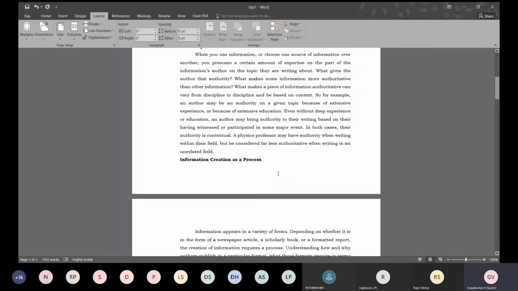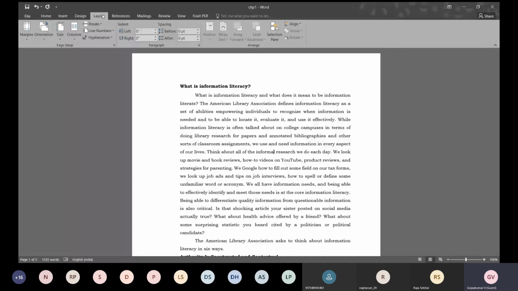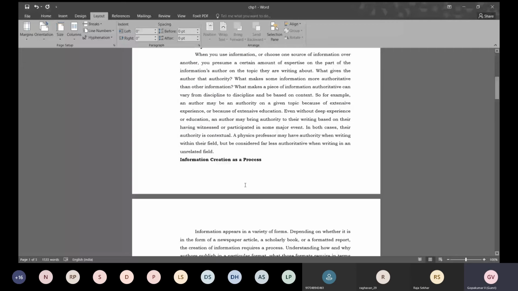I will repeat the process. Go to layout tab. Below that, page setup, a group of commands are there. Click on this small launcher button. Click on that. Here margins, paper, layout, all these 3 are there. Out of that, there is an option called different first page option. If you click it, you will get a position where the first page doesn't have a page number, whereas the second page and the further will have page numbers.